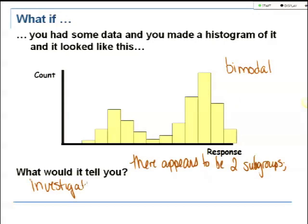Maybe it turns out that the lower observations were for the males in your data set, the higher observations for females. Maybe it's the old versus the young, or some other aspect that you measured. Want to try to investigate why. It might be a gender issue, it might be an age issue. It could be a region issue, something else that affects that response and gives you these two subgroups,